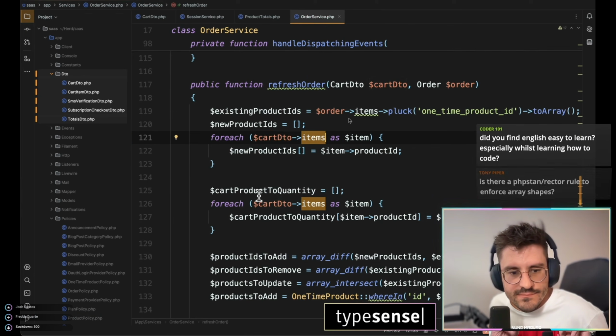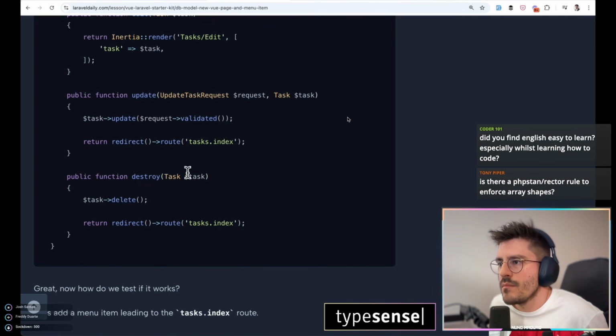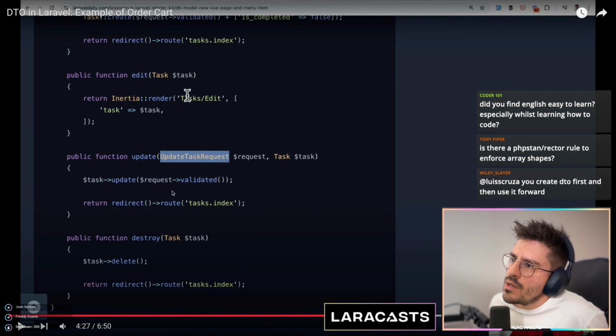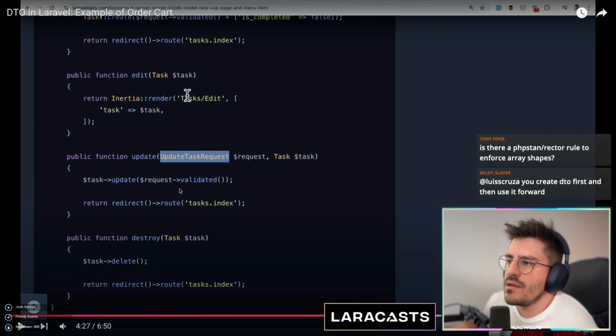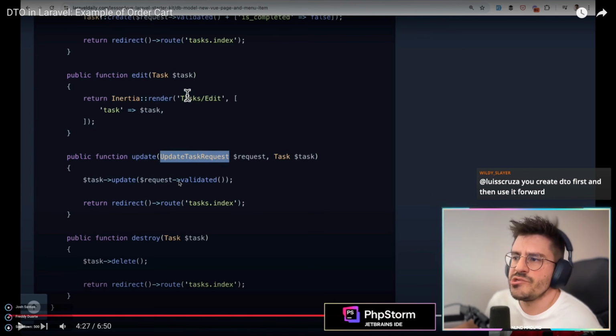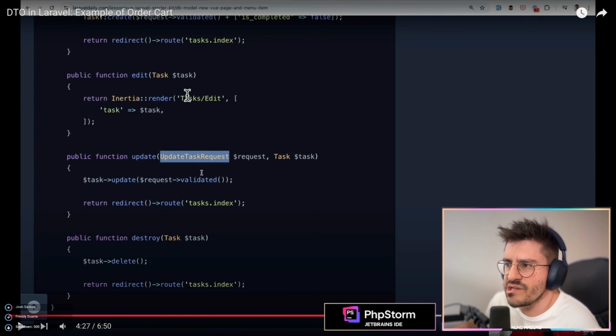That DTO kind of validation on PHP level reminds me a little bit of validation in the form requests of Laravel. So this is one example from one of our courses, update, and you have request validated with form request class. Kind of makes me think if the request object in Laravel doesn't have to DTO, or, you know what I mean, would be kind of useful to literally just translate immediately what is within the